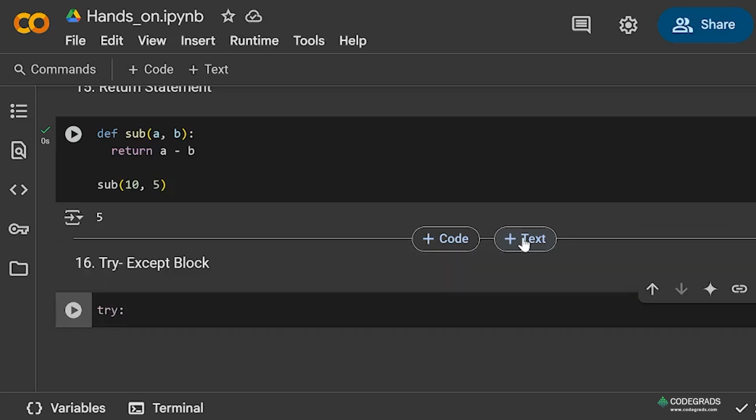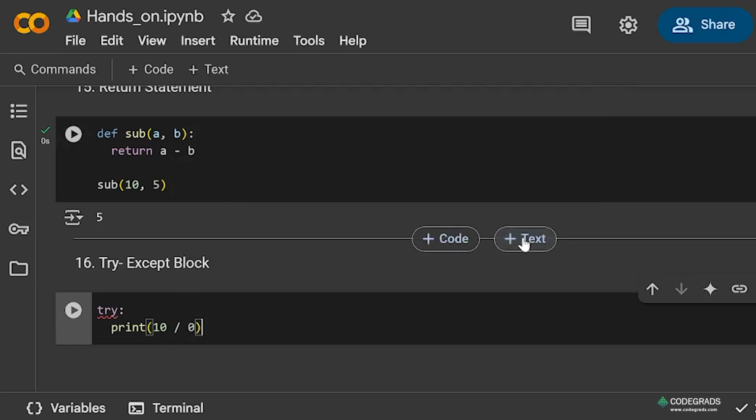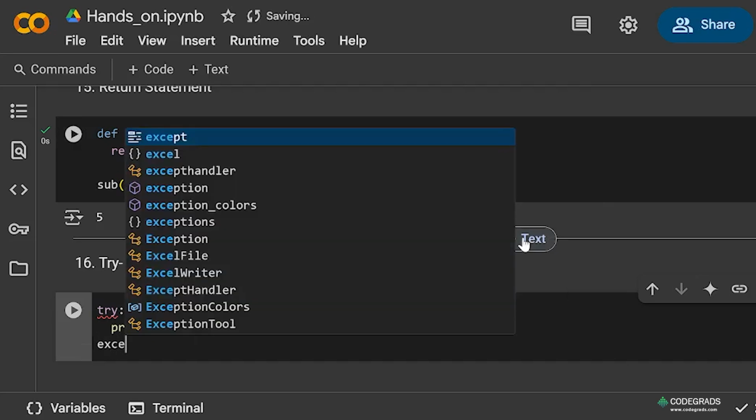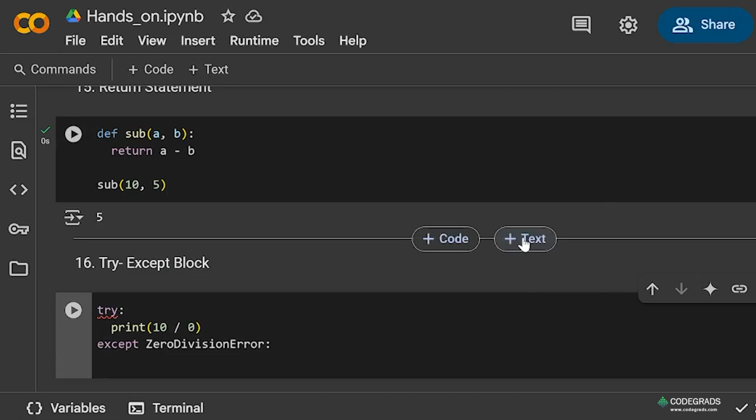After try, we will mention the colon, print 10 divided by 0. Now you'll type here except ZeroDivisionError, right? And we'll say print cannot divide by